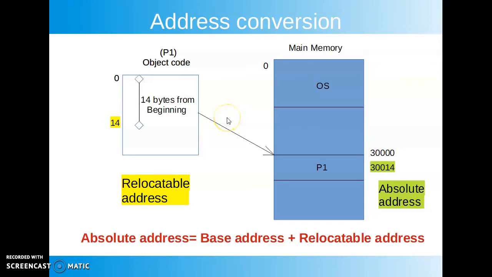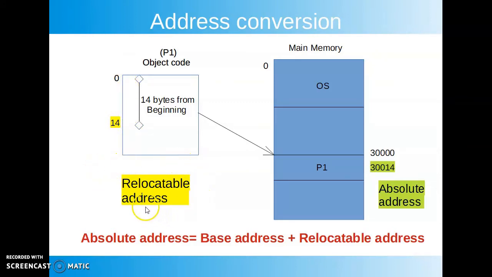Next, we will see how to convert from one type of the address to another type, since all these addresses represent the same instructions and data items. So how is one type of address converted to another type of addresses? Initially, we have the source program. In source program, symbolic addresses are used. When this source program is compiled, then object code is generated. Compiler, after compilation, generates the object code and in the object code relocatable addresses are generated. So this is the first level of conversion.